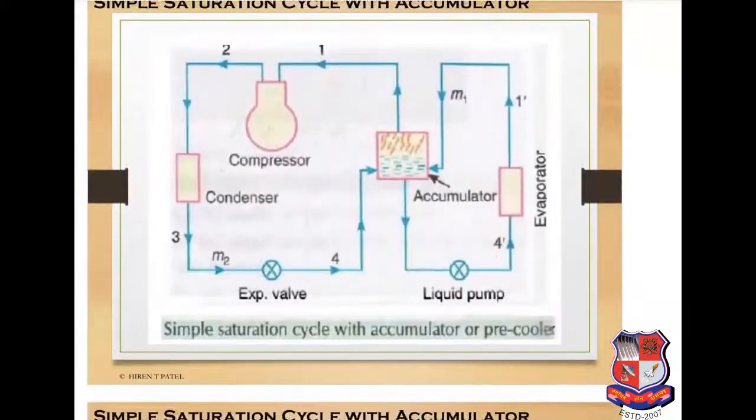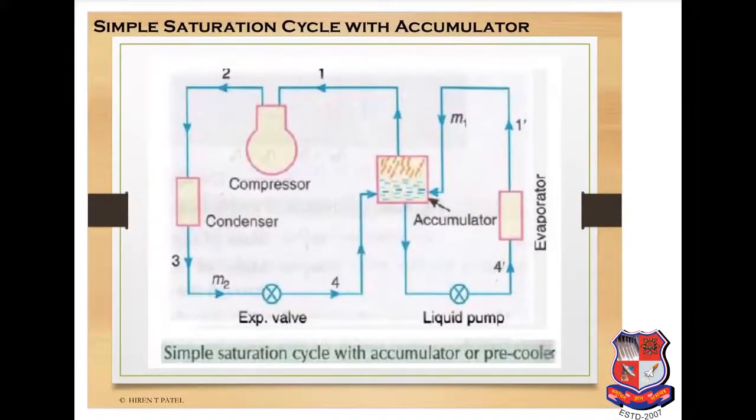Now the second system for the improvement used is the accumulator. Use of accumulator, or we can say pre-cooler. It is also known as pre-cooler. So here we can see that in between compressor and evaporator and expansion valve and evaporator there is a device